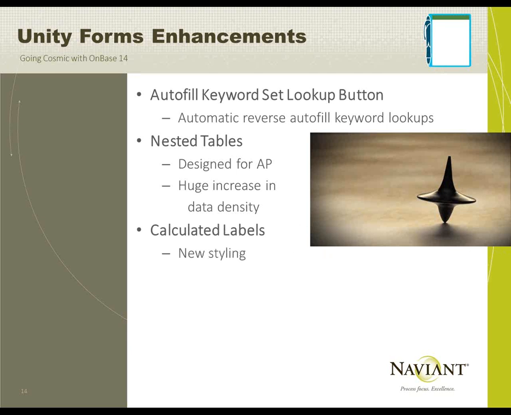Another new feature they've been trumpeting for Unity Forms is calculated labels. It's essentially new styling for calculated fields, where you can have the field display as a label instead of a text box. This is important if you want to have a dynamic document title. It's a great example. You already have an auto name string that updates after you finish indexing. You can have a calculated label as your header way up at the top of your form, and that'll calculate